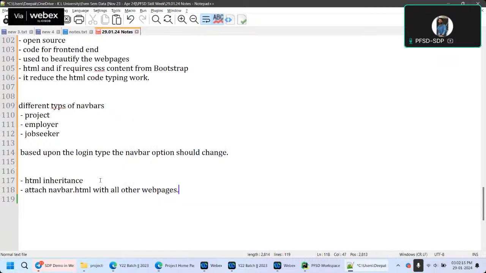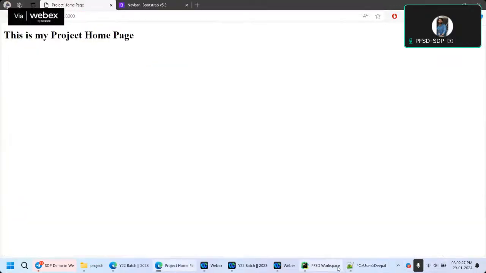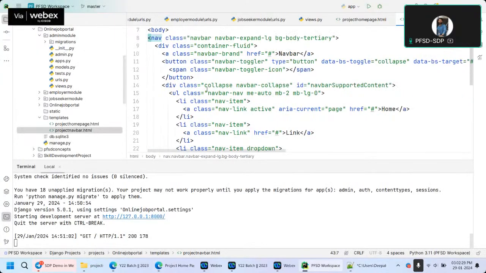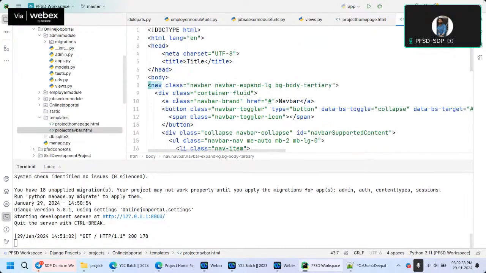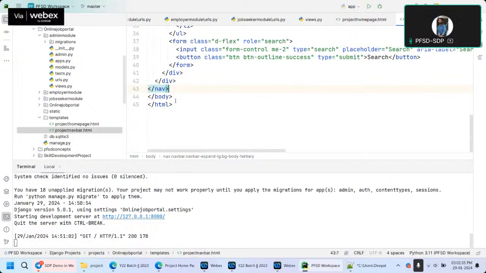I created an HTML file here and just copy pasted all the content of the navbar from Bootstrap. So how to connect it? Go to the last